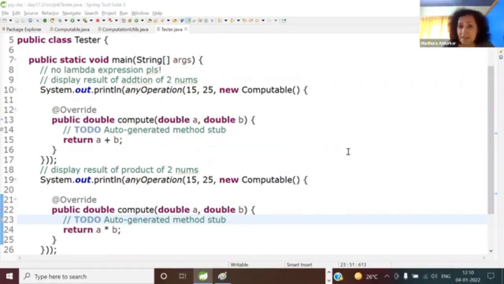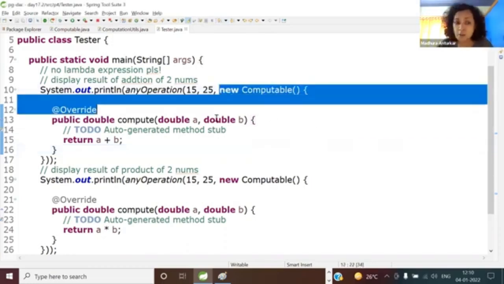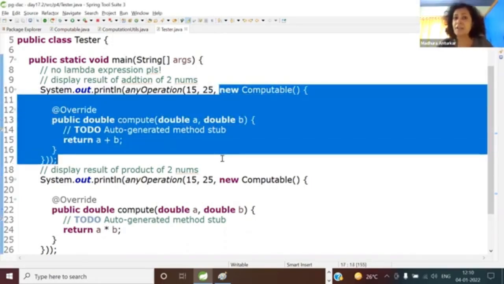The point is, this was the approach we had to take till Java 7, because Java 7 was only supporting object-oriented features. Was it possible earlier to pass the behavior directly as a function argument in form of a higher order function? Absolutely not. But from Java 8 onwards, is it required for us to write the entire anonymous inner class or a separate class? Or will you be able to pass